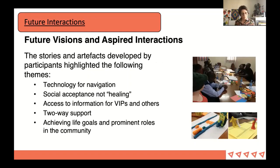So finally, we'll look at the future visions and aspirations that emerged from our co-design session. And we feel it's important to highlight the themes that emerged in the imagined futures and possible avenues for future design work within the CHI community. So people's future visions and aspired interactions were for technology for navigation, technology which would promote social acceptance, not healing,